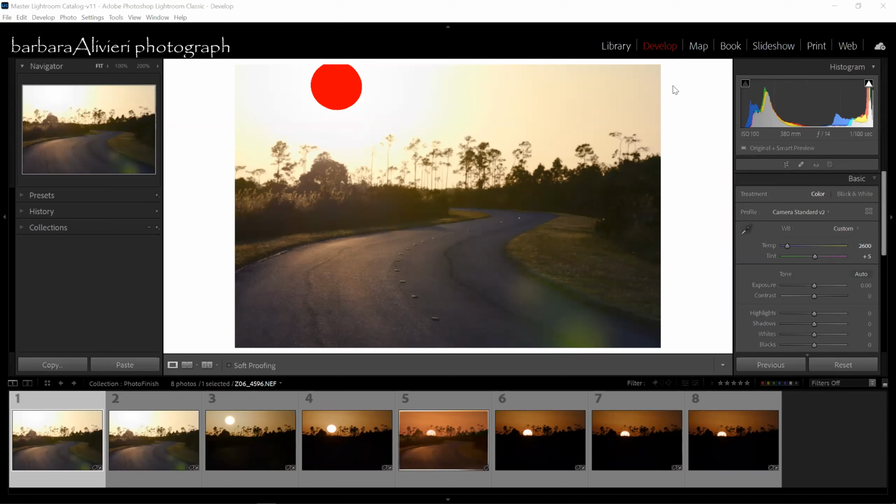So I'm going to start a little bit on how to shoot it. I don't want to get into it too deeply, but focus stacking. We all want nice, sharp images, right? Sometimes it's difficult to get tack sharp images from front to back, especially when you have a lot of depth. Like in this scene, we have a long roadway. This was out on Mahogany Hammock. Those of you that were with me know where it was. This was pretty much the whole length of the road that you can see compressed. So it is a very deep image from where I was standing to the back where the sun set.